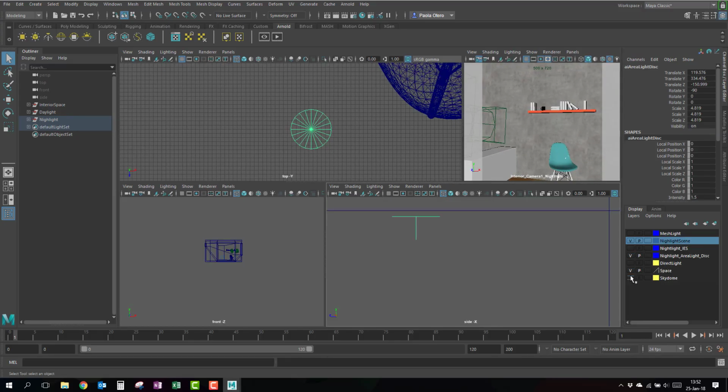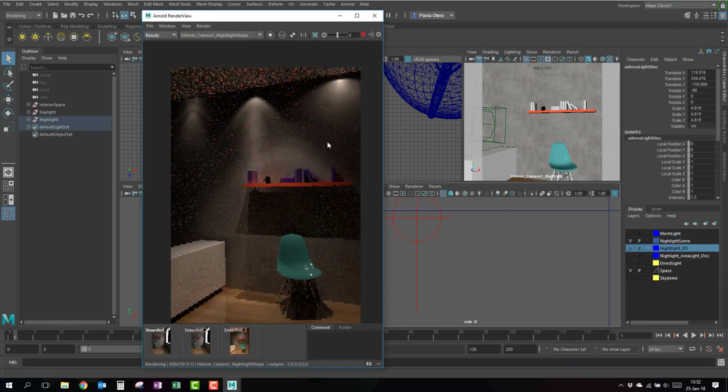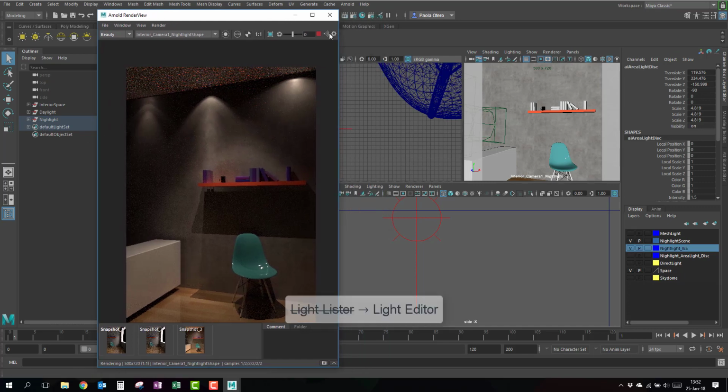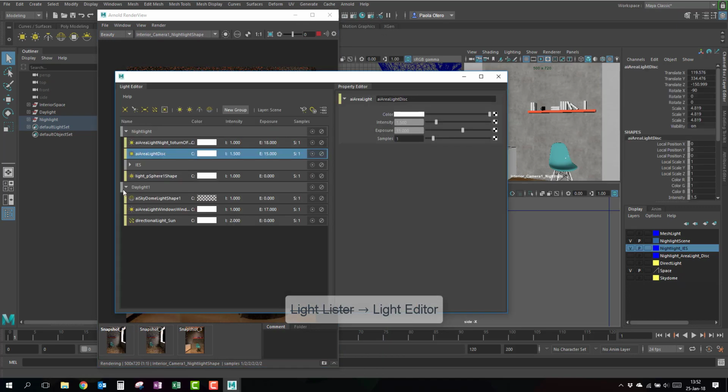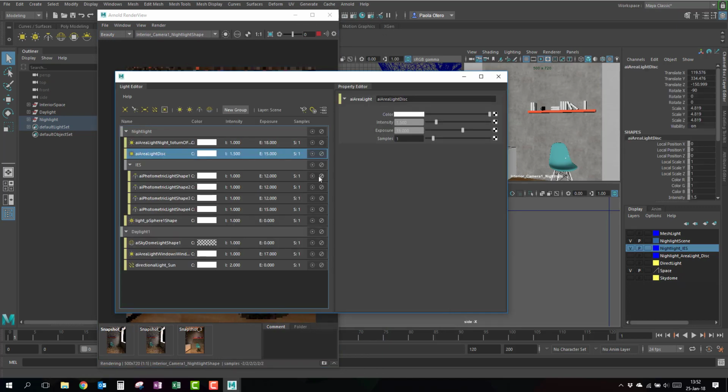Let's turn this one off, and let's turn my IES lights on, okay? So this is looking a bit crazy, because usually you wouldn't have different distribution profiles, but I just used it because I wanted you to see what this is, okay? I'm going to open the light lister. Here are my IES, and I'm going to turn